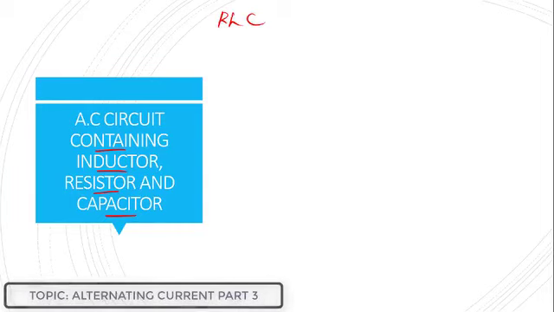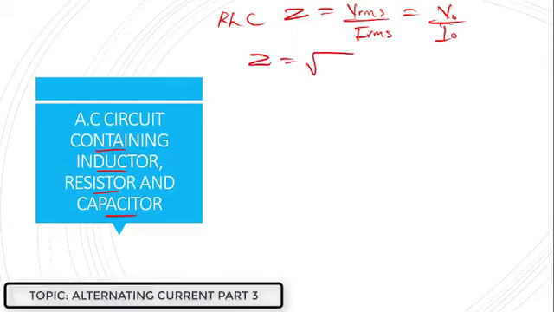Now, for this particular circuit, it is more like a unified circuit of resistors, inductors, and capacitors together. So it gives us the actual impedance Z, which is also equal to the RMS value of the voltage divided by the RMS value of the current. Also, Z is equal to the square root of the resistance squared plus the inductive reactance minus the capacitive reactance, squared. And of course, the phase angle of the current,